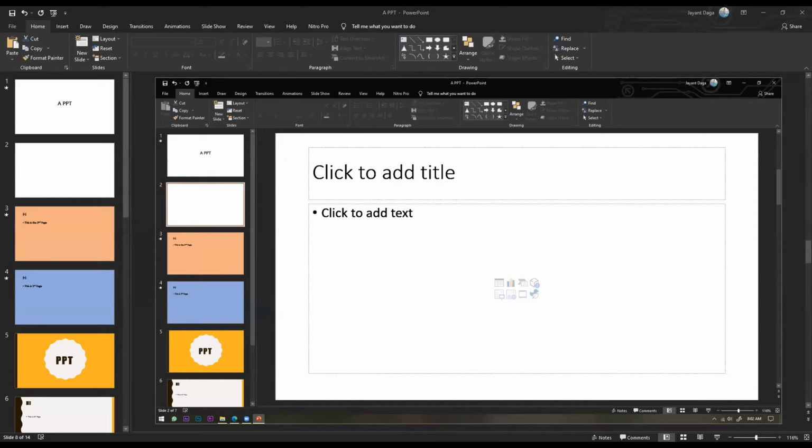All right. Now you can put the title anywhere, like on top. Okay. And then subtitle, like any details about PPT. For example, the first point should be file menu. The second should be home. The third one should be insert. Like you can write all the data here. All right.